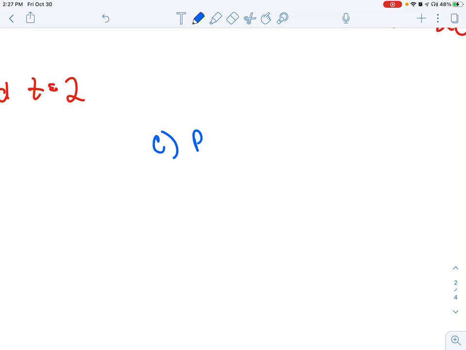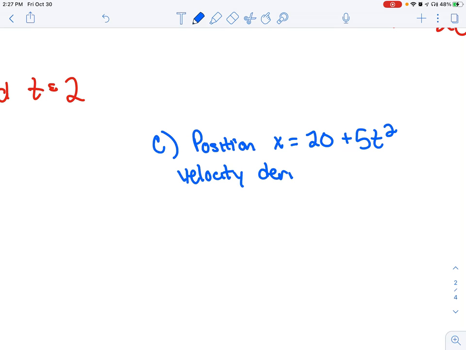So we have that the position was x equals 20 plus 5t squared, with a whole bunch of units. Now, I would like to tell you that the velocity is the derivative of that. What you've probably never done, unless you've watched a video on velocity or derivatives, is take a derivative of something before. So here's what we're going to do. We're going to write velocity equals,